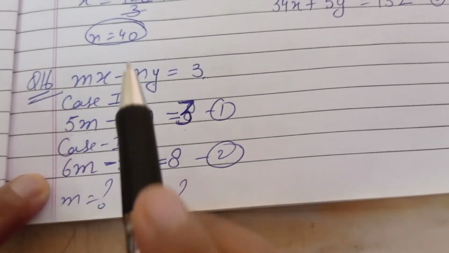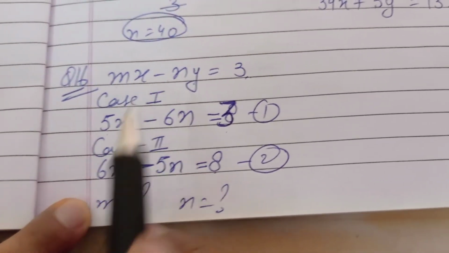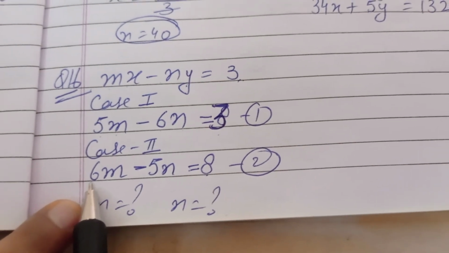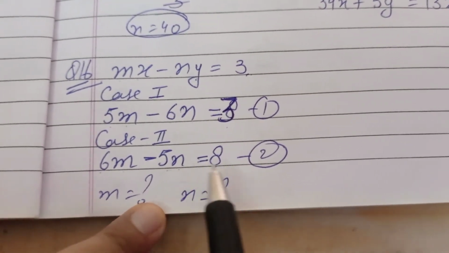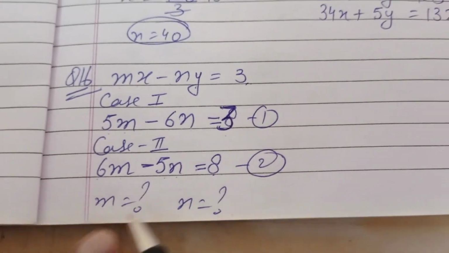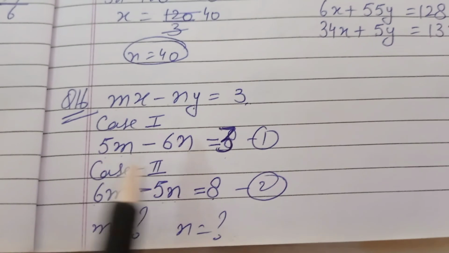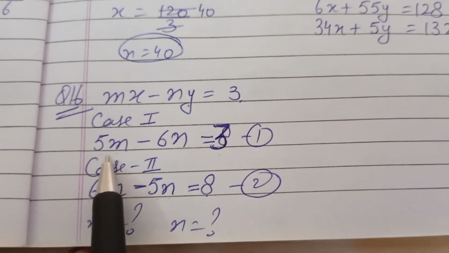Second case, they have given the value of the same expression is 8, when x is 6, I put it here 6, it will become 6m, and value of y is 5, 5n is equal to 8. Now you got two equations, but here the variables are m and n. But don't worry, same procedure as you solved with x and y, you have to solve with the same procedure.